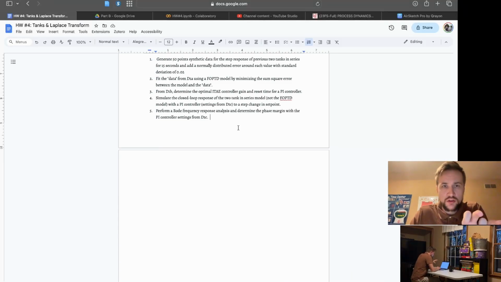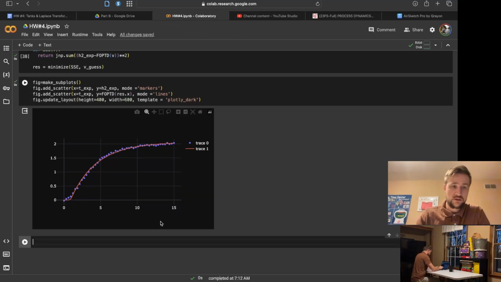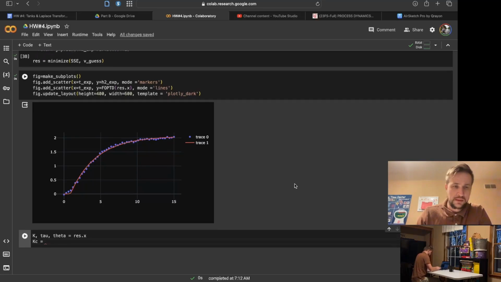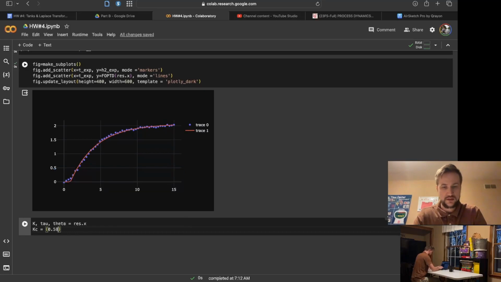In order to find our optimal ITAE controller gain and reset time for a PI controller, people have already taken the time and collected a lot of empirical data to optimize these values for us, which is very helpful. So first we're going to stick these in as our optimized results. Now our KC is our controller gain. The optimized data for our PI controller that people have derived for a FOPTD is